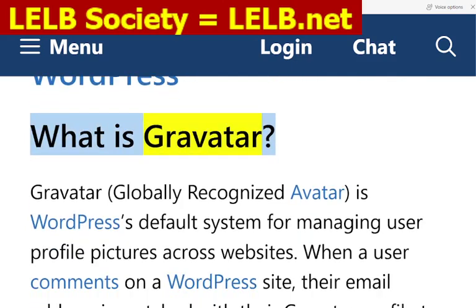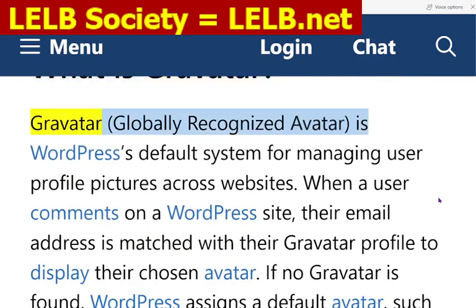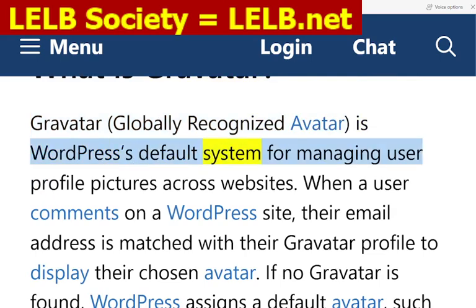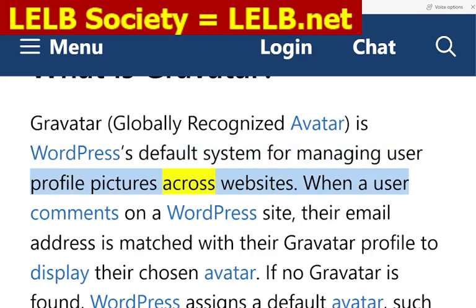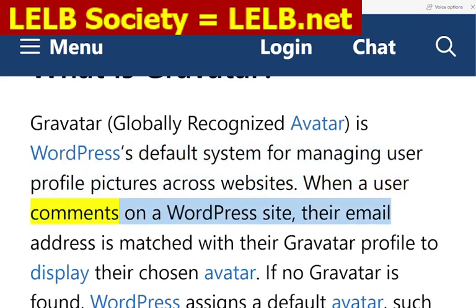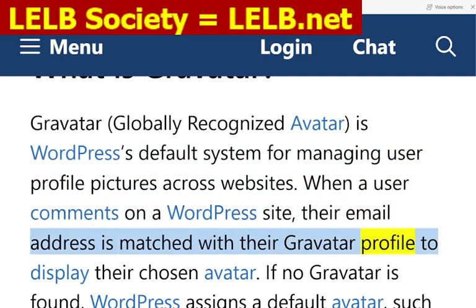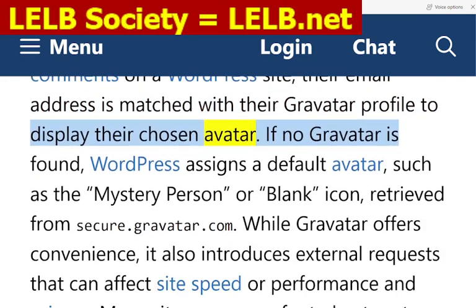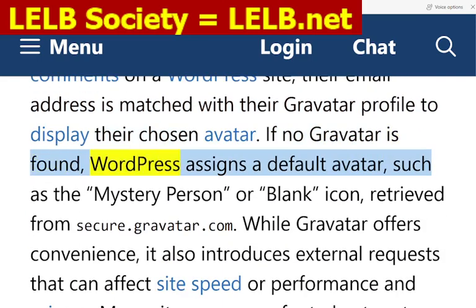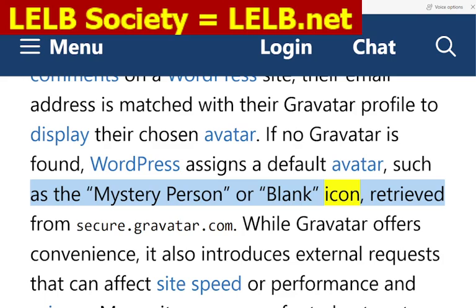What is Gravatar? Gravatar, globally recognized avatar, is WordPress's default system for managing user profile pictures across websites. When a user comments on a WordPress site, their email address is matched with their Gravatar profile to display their chosen avatar. If no Gravatar is found, WordPress assigns a default avatar, such as the mystery person or blank icon,